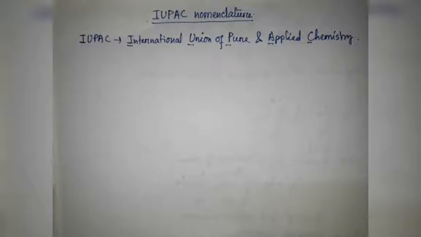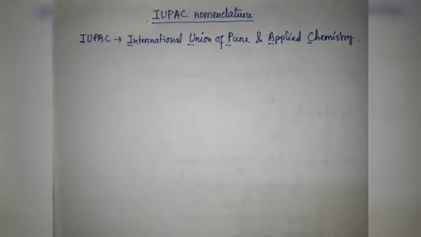Okay, but you will definitely agree with me that in different languages the same compound has different names. For example, H2O is called water in English. In Cantonese this is CV. In Hindi pani. In Bengali jol. In Arabic ma. In Filipino tubig. In French eau. And in German Wasser. Okay, so this is really problematic.